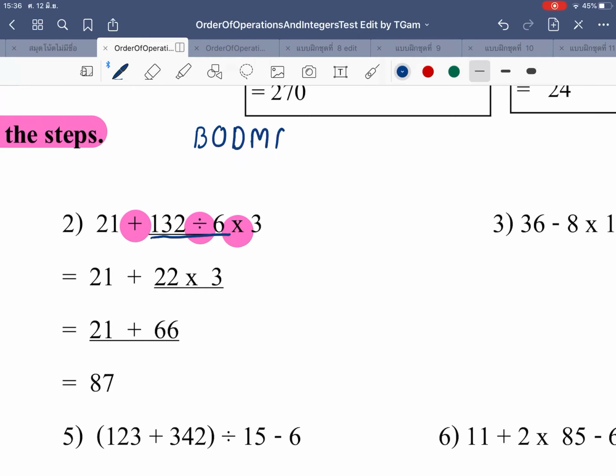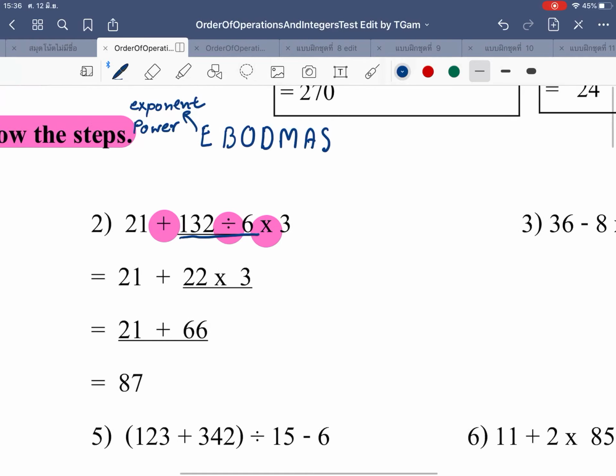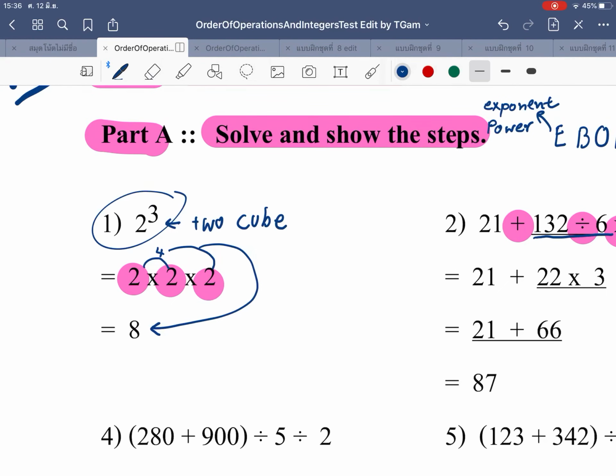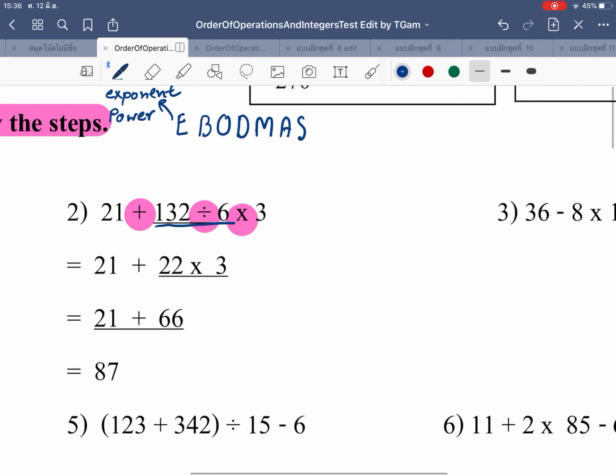BODMAS. Actually in front of B is supposed to have an E. E can be expressed by exponent, or it can be P as well, because it's power. Power is something like this. Okay, this is power. Then B comes from the word bracket,